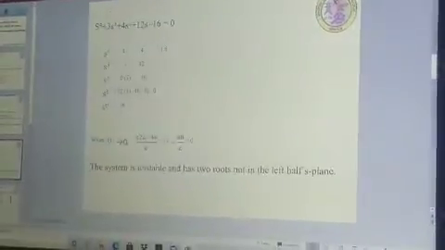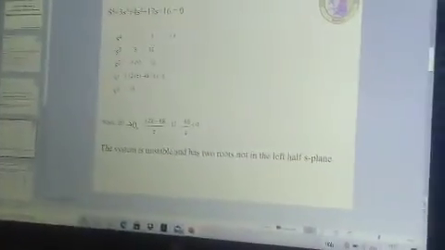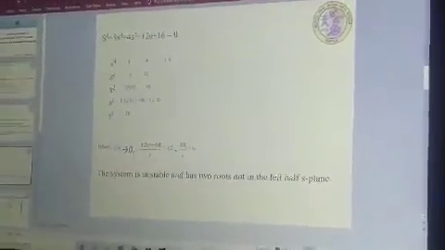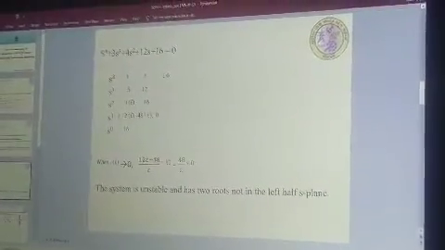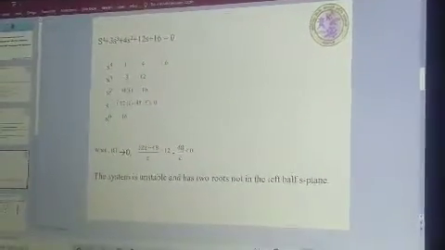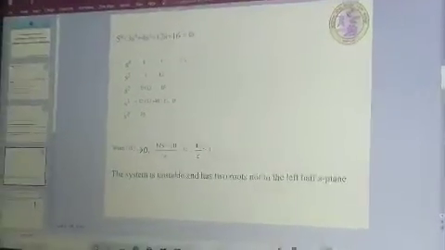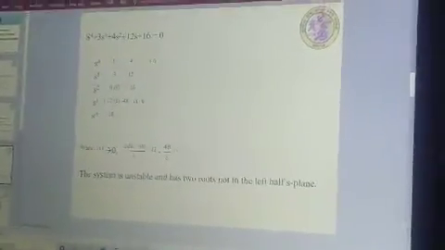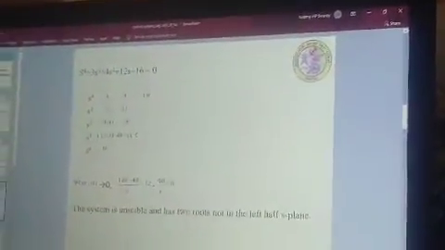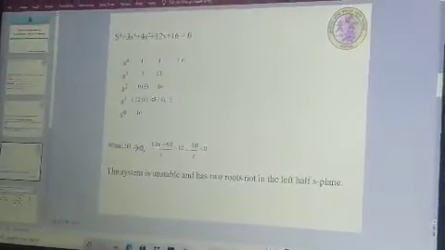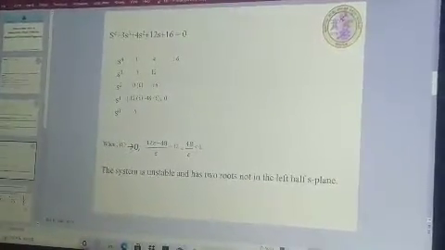Now we'll see how it will look. For example, s to the power of 4 (s⁴) + 3s³ + 4s² + 12s + 16 = 0. So you are going to write the Routh tabulation like this. To get the coefficient of the s² row's first element, you can call it b1. What is b1? It is (3 × 4 − 12 × 1) / 3. So that means 12 minus 12 is equal to 0.